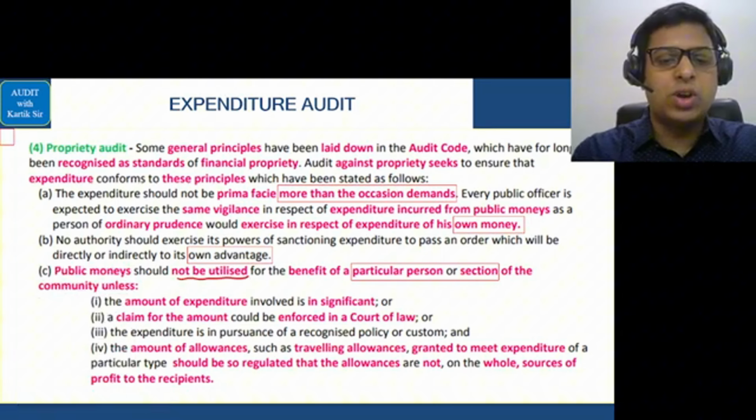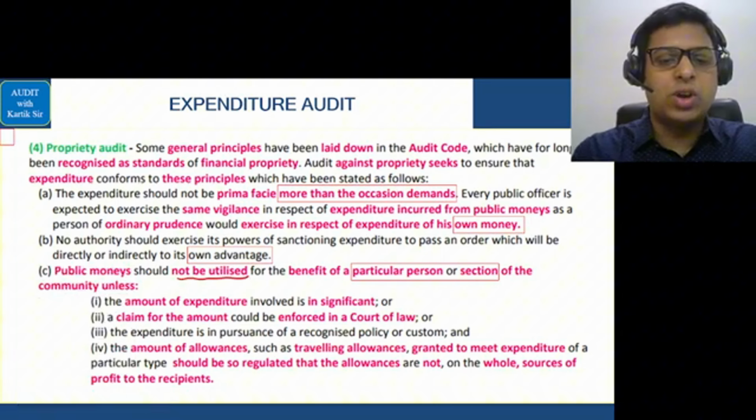Specific purpose grant is when the local body has incurred a certain expenditure and or some calamity has come and they want some money on urgent basis from the state government. That is called specific purpose grant. There will be a reason for that, the grant will have some reason. And the third is statutory and compensatory grant.